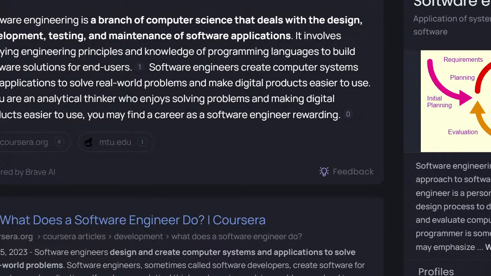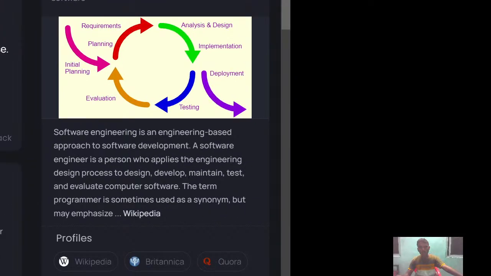Let me explain what it is to be a software engineer. Software engineering is an engineering based approach to software development, like we make softwares in the field. And whenever we are making softwares in the field and approaching them, a software engineer